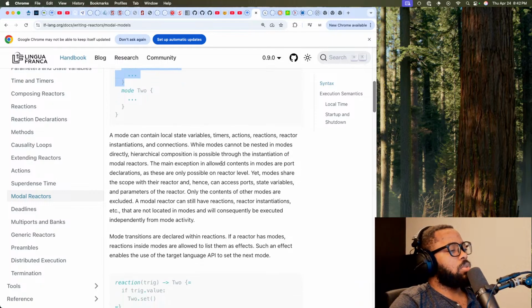The main exception in allowed contents in modes is port declarations, as they are only possible on reactor level. Okay, so the input and output ports always have to be at the reactor level.